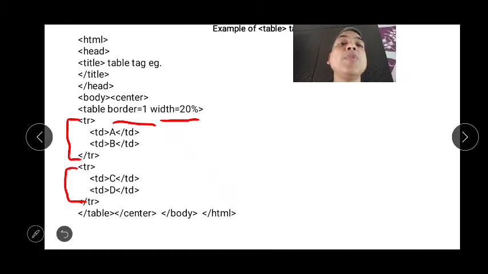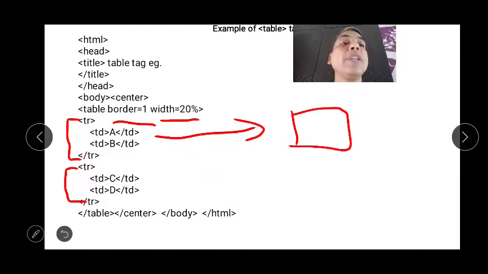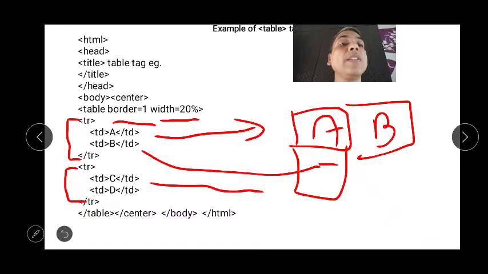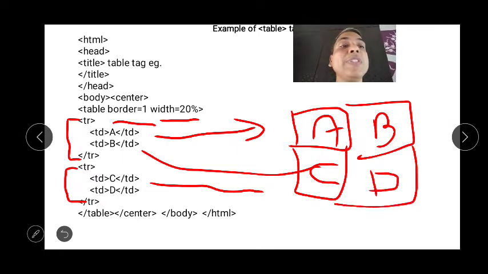If I write only this much, only one cell will be created, and its data is A. If you write this, the second cell will be created, with data B. Now the first row is over. Now if you go with this, you can see that the third cell is created, C, and finally in this way you'll get the fourth cell.